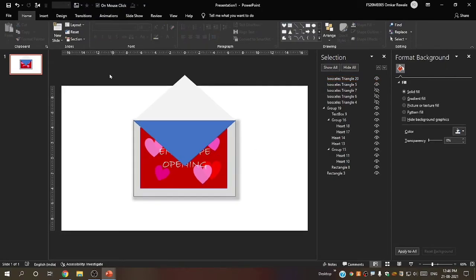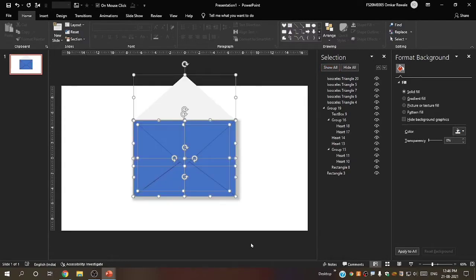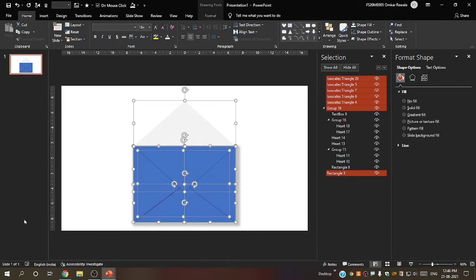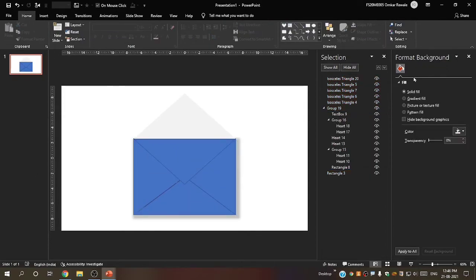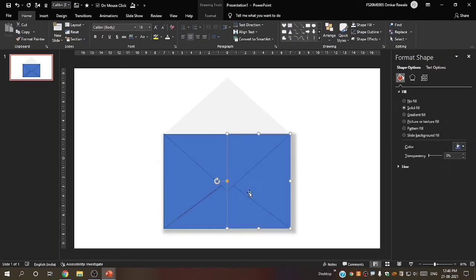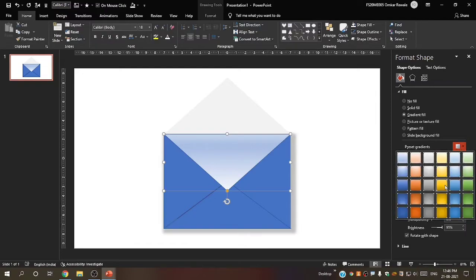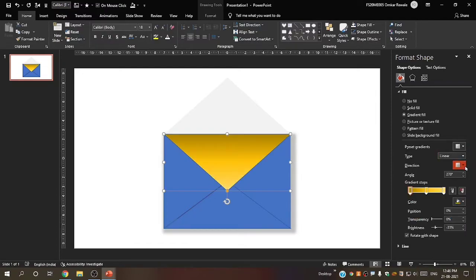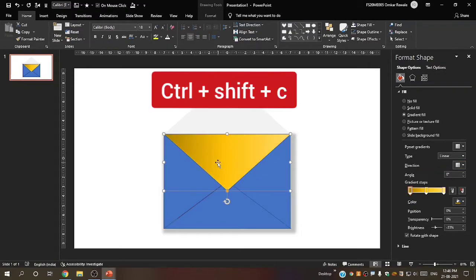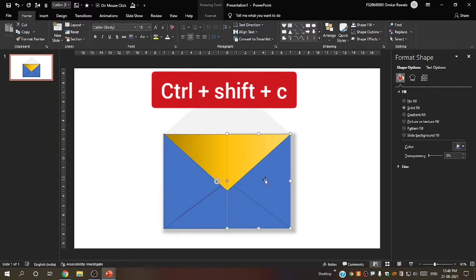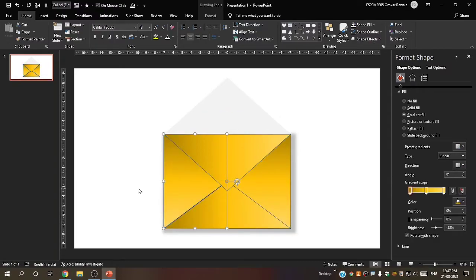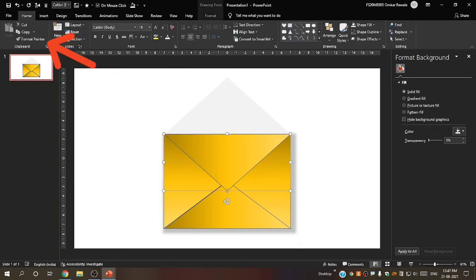Okay, now I will just select everything. Beside that, first let's say show all, and now I will select everything and bring it down somewhat in the middle. Now let's just quickly give colors to these triangles. Select this, and in gradient fill, in preset gradients, I will say the third from the yellow, and again in direction I want this direction which is the fourth one. Now I will press Ctrl plus Shift plus C to copy its formatting color, and press Ctrl plus Shift plus V to apply to all. You can also do that with the format painter available over here.